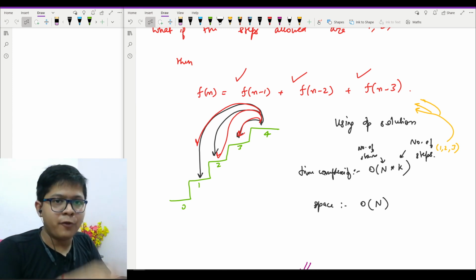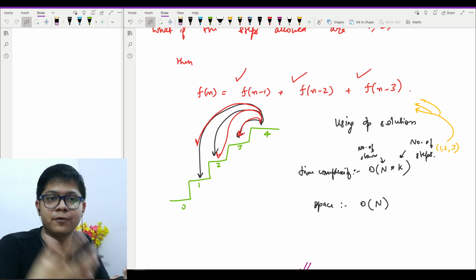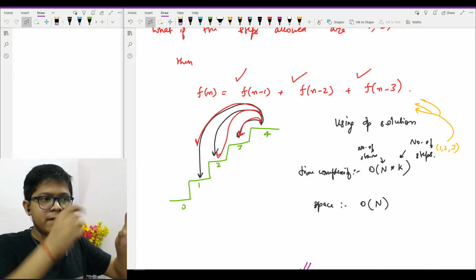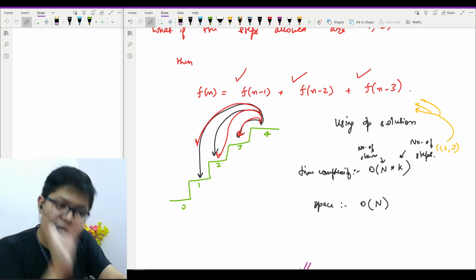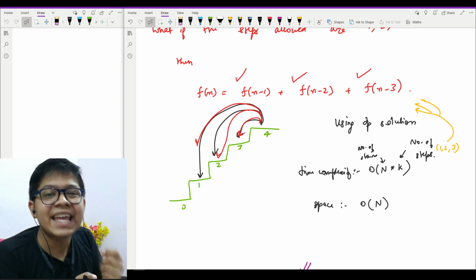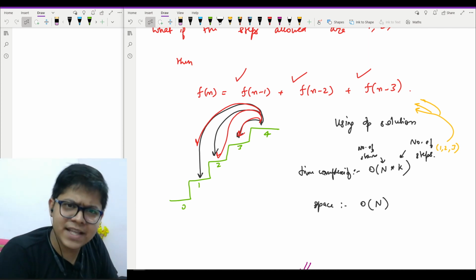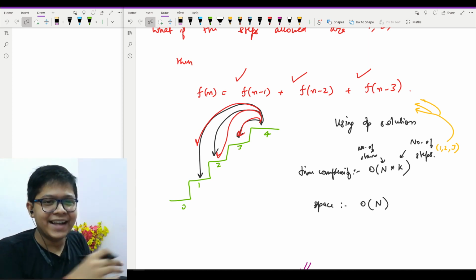For the case of n equal to 1 and n equal to 2, which means I have the option of 1 jump or 2 jumps, I was checking only the last two values. But for this, for every i I will check the last k values. So my complexity will be O of n into k, and space will be O of n as usual, because here I cannot just take the sum of two values.